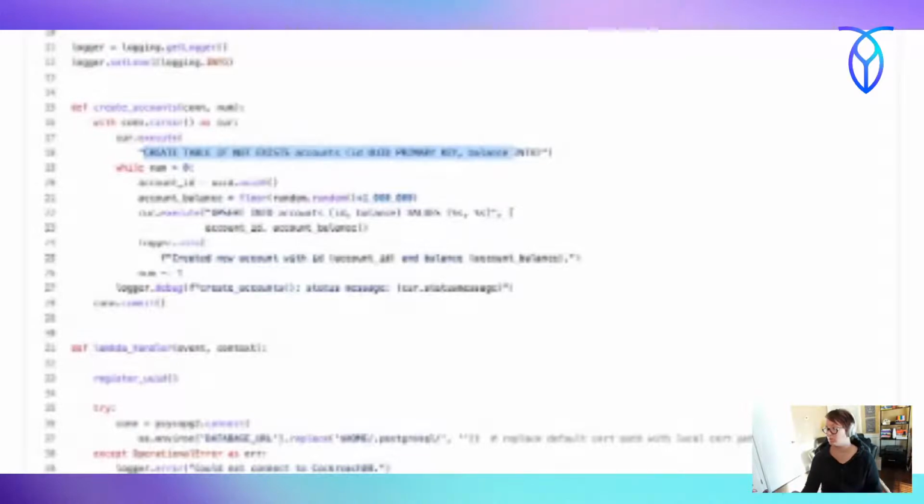Can you tell that my screen is being weird? Okay, fine. Oh, there we go. Okay, so theoretically, I'm going to make this a little bit bigger. Theoretically, what it did was it created